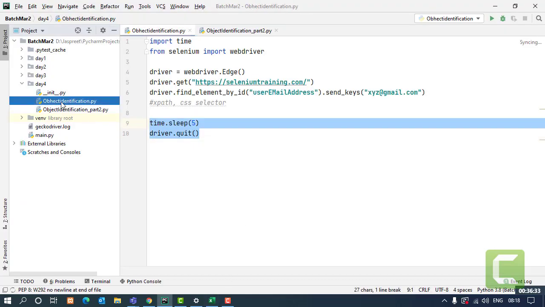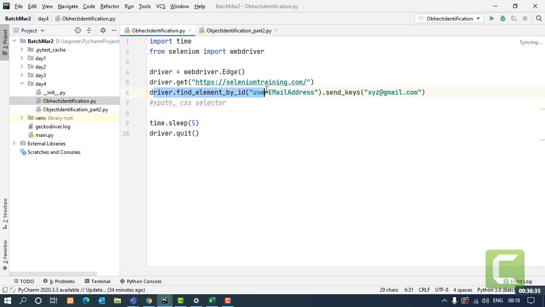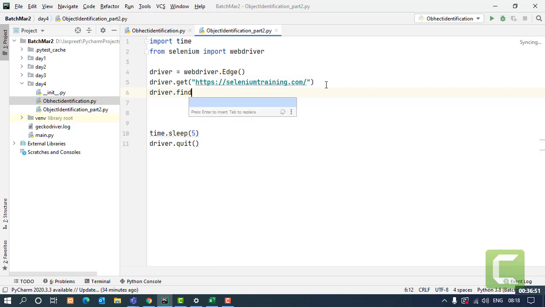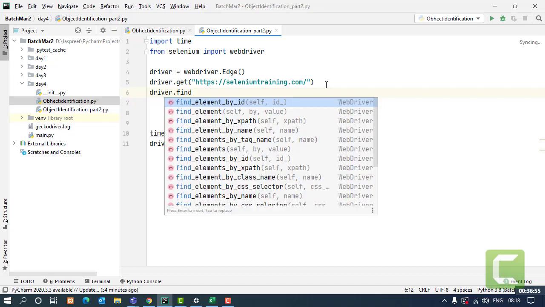In the object identification, I told you about these commands, right? Either you can use that specific one, or you can say driver dot find element. Just wait, my PyCharm is getting ready. Now either you can use find element by XPath, the specific one, or you can use the generic find element command.